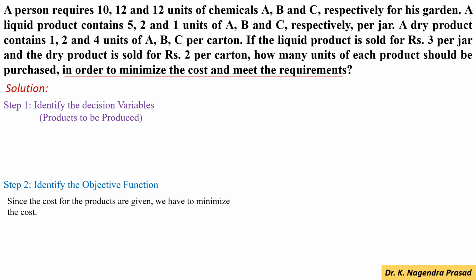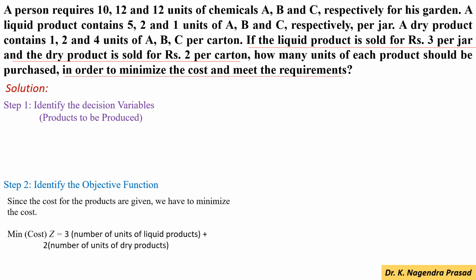And also, since the cost for the products is given, we have to minimize the cost. Then the objective function will become minimize Z equal to, that is minimize the cost, Z equal to 3 into number of units of liquid products plus 2 into number of units of dry products. Here the number of units of the liquid products as well as the number of units of the dry products are the